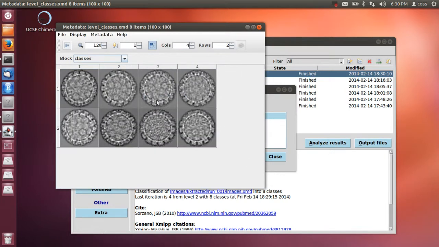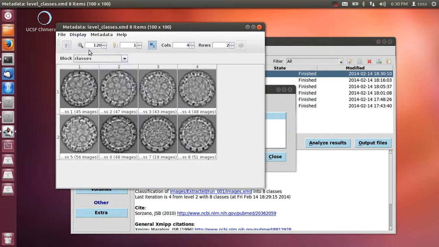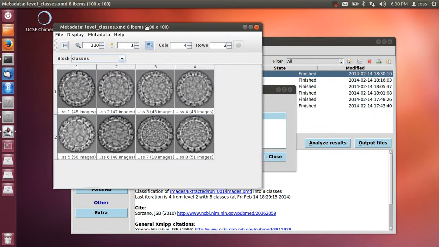So if you go over each one of the images, you see the number of images. 43 experimental images have been assigned to this class, 48, 51. You may also, for instance, display labels, which shows this information. So here you have the summary, and in fact, metadata